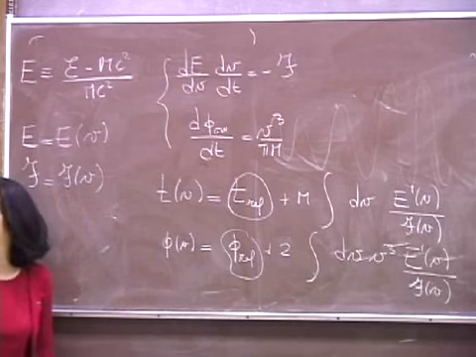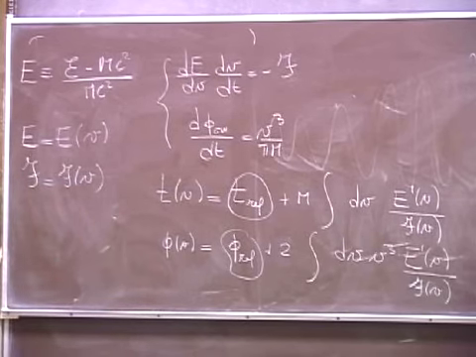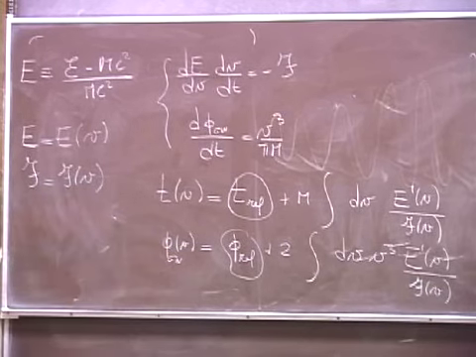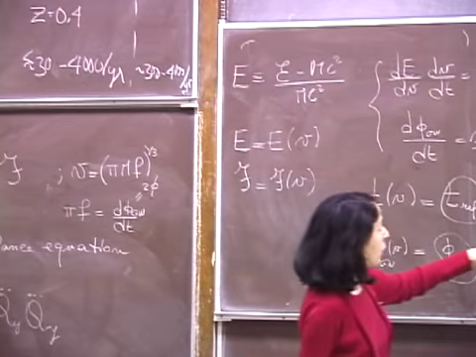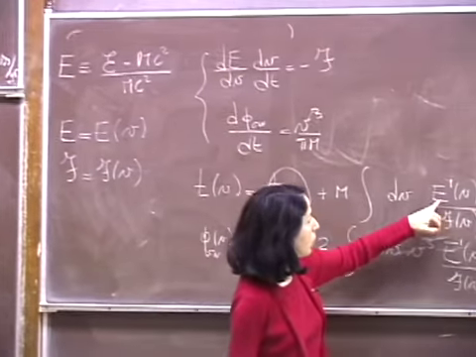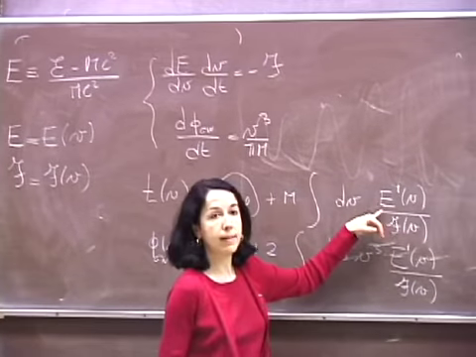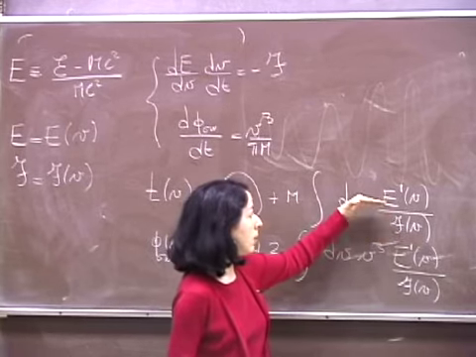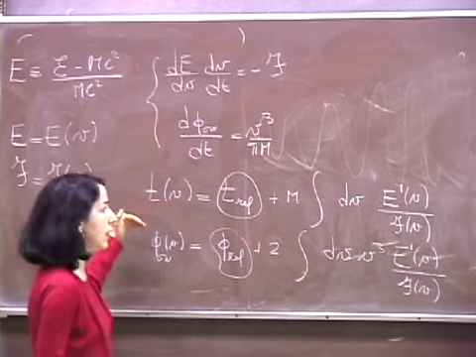You didn't say explicitly that phi is the gravitational wave phase. Yeah, because I'm calling phi the orbital phase. The orbital phase, yes. Okay, so from this relation, you see that if you know E and F, and you know them as a post-Newtonian expansion in v, then you can expand all this and get the expression of t and phi.